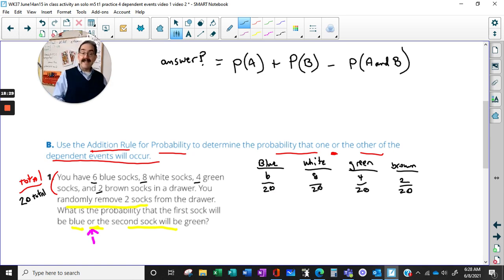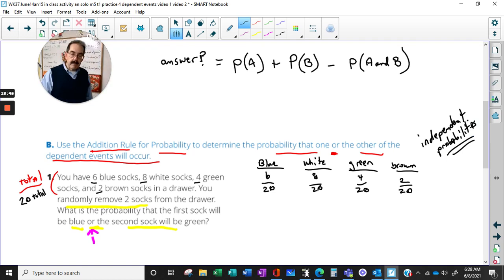This represents the independent probabilities that any of these things will happen. I pick one out, I get a blue. I pick one out, I get an 8. Okay? So, now, I want to reach in